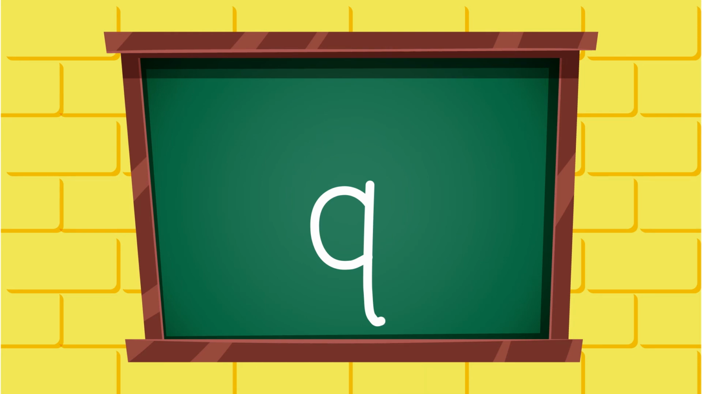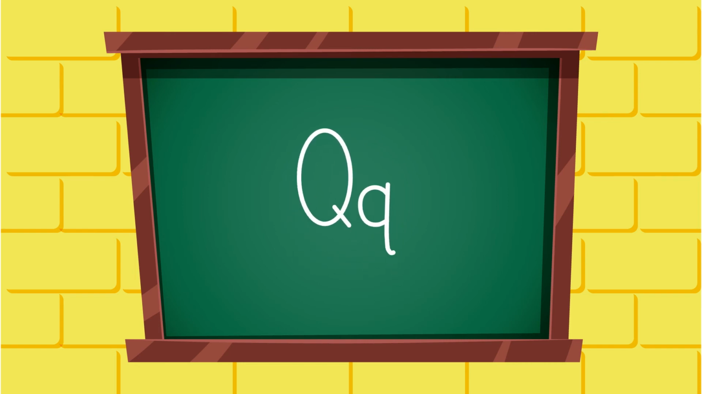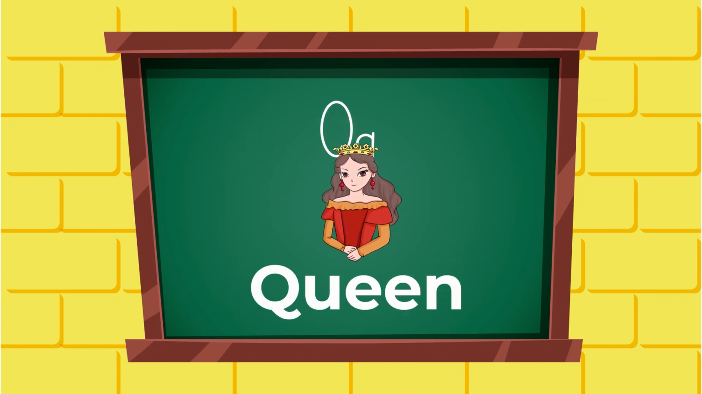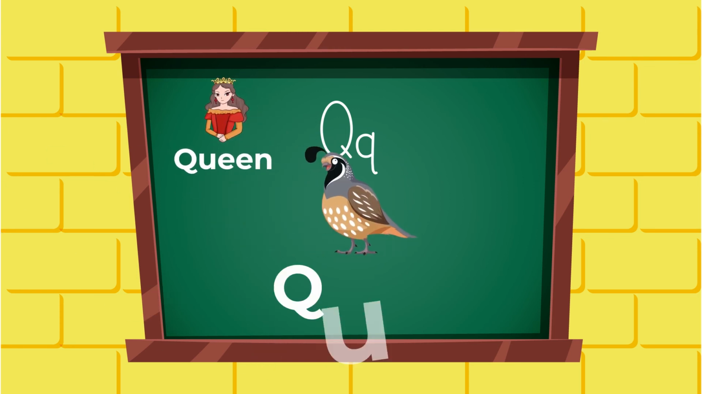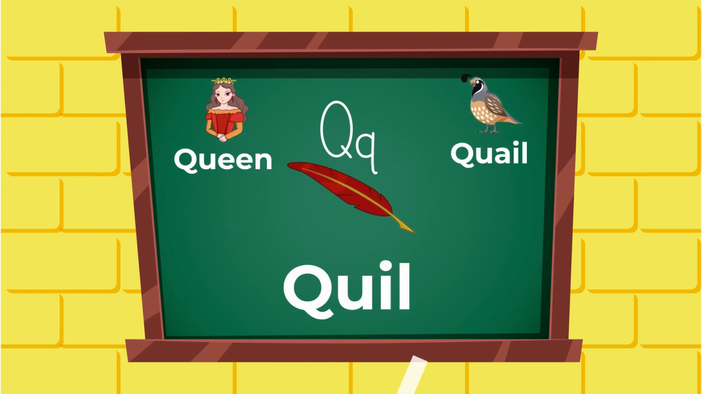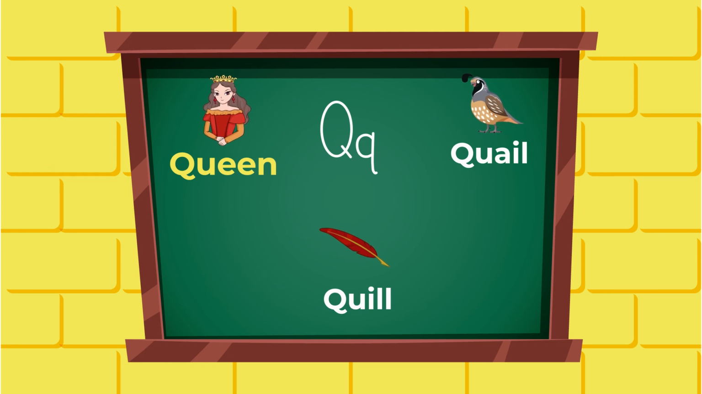Now you know how to write the letter Q. Next, let's see what words start with the letter Q. Q for queen. Q for quail. Q for quill. Say it again with me. Queen, quail,